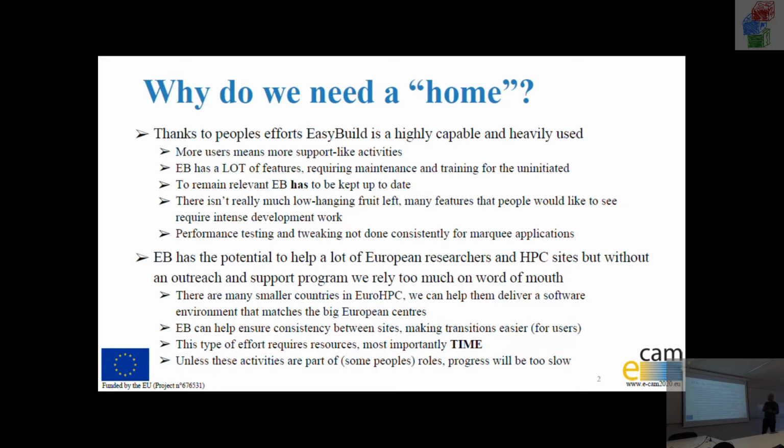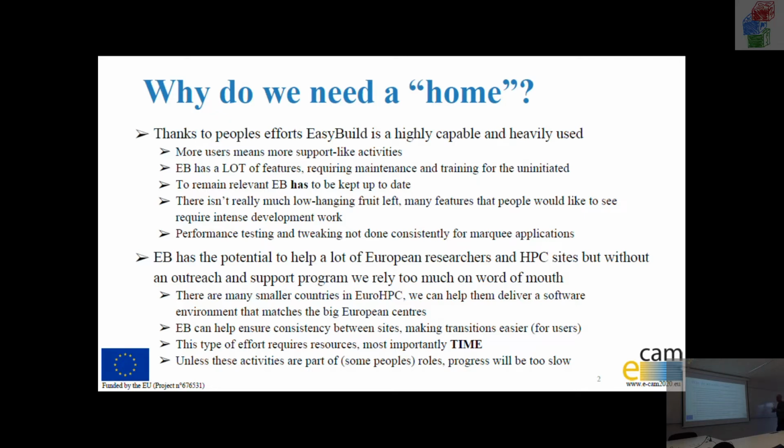And then the other thing is that people have put a lot of work in, and there's a lot of features out there. Even I learned things this week. I didn't know X and Y was available in EasyBuild, so even now I still learn new things. And having features means, hopefully as little as possible, but at the end of the day there's probably maintenance involved, making sure that everything continues to work. And for people who are coming to the tool, and even for people who already know it really well, there's potentially training or just informational stuff, letting people know that these things exist and being able to have a discussion about it.